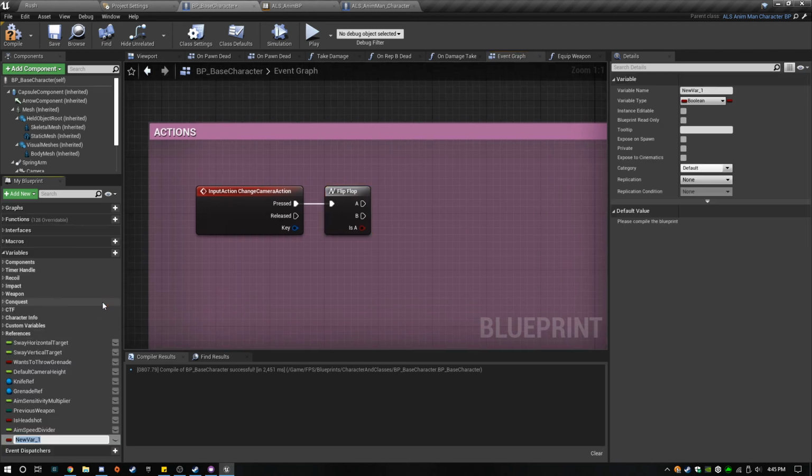We're going to make two variables. And they're both going to be transforms. One's going to be camera right shoulder position. The other one is going to be camera left shoulder position. We'll do this kind of quickly. I explained how this works yesterday. I'll explain it just real briefly again.